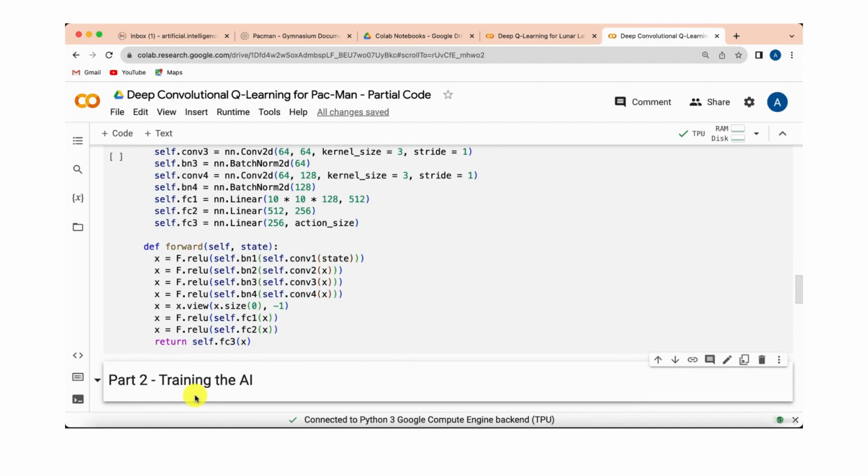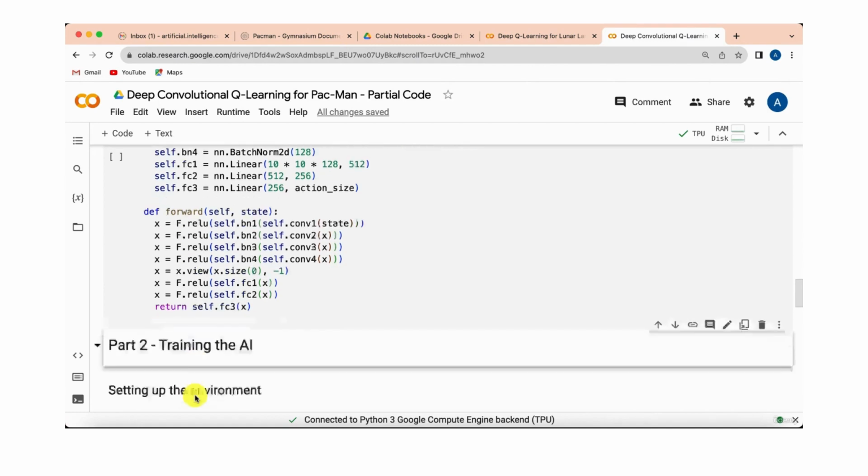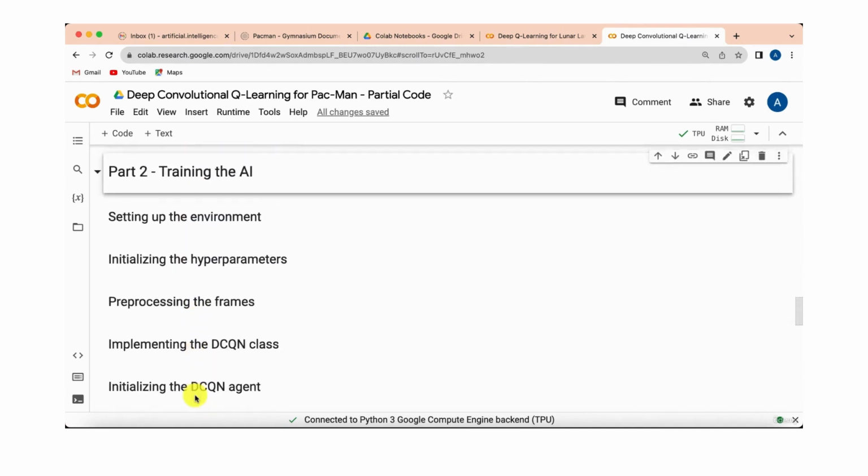Indeed, our AI now has some eyes and a brain, so we can train that brain into playing the game of Pac-Man. And we'll do all that in part 2, following those steps, which are almost the same steps as before, and we will use the codes we implemented before to do this efficiently. So there you go. I can't wait to see you in part 2 to train our AI, and until then,